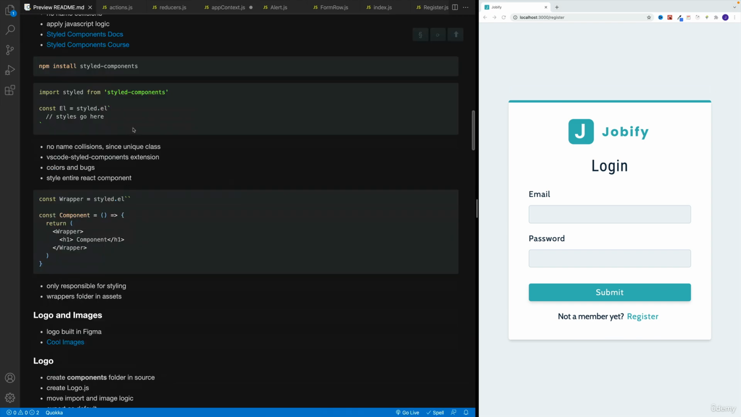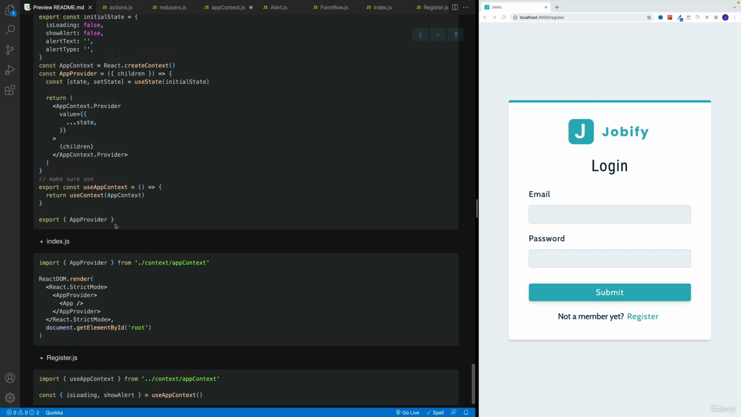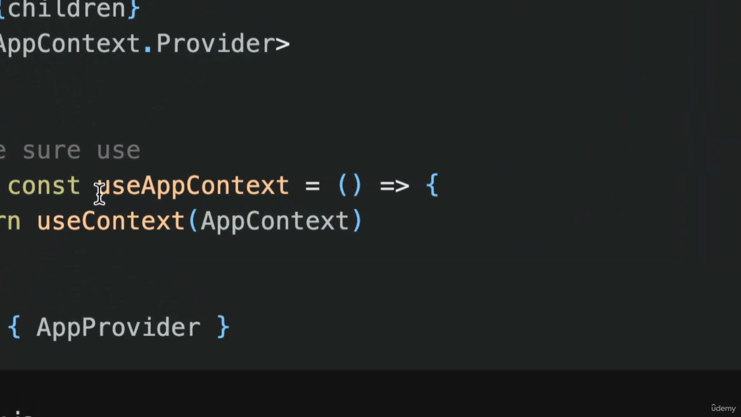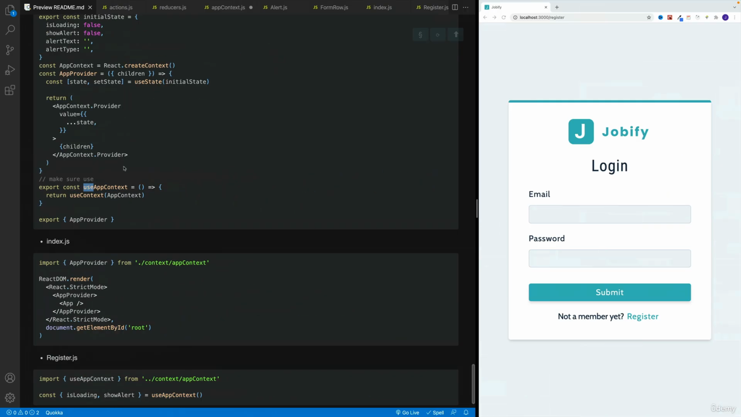And only then you'll have access to whatever you have in the value prop. Now, in our case, we want to speed this up. We want to create a custom hook, and that's the reason for this use. You won't be able to use context inside of it unless it starts with use. So we go with useAppContext, that's the hook, and then we right away return useContext and pass